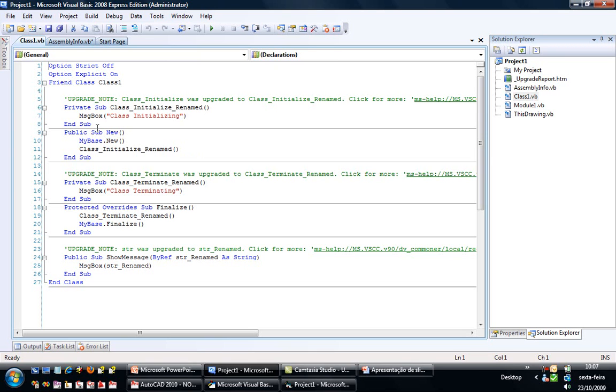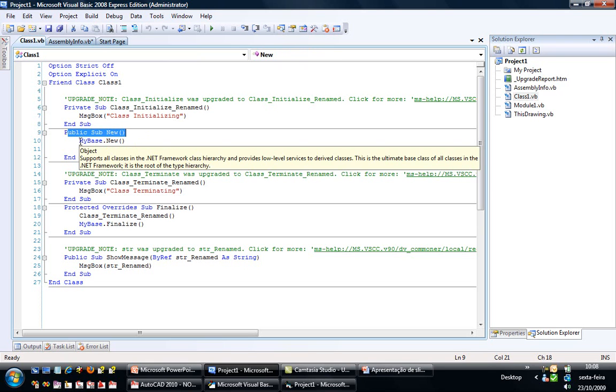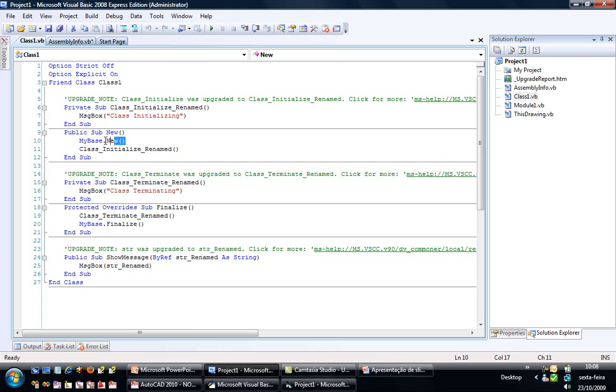The class 1 is very simple. Note that the class initialize method does not exist in VB.NET, so it was replaced by the new method. Inside the new method, the first step is to call the base class new method, which is the System.Object new method, and then calling the class initialized method, which is our own method. Later we have the finalize method, which first calls the terminate method of our VBA class and then calls the finalize method of the System.Object class. And we have our show message